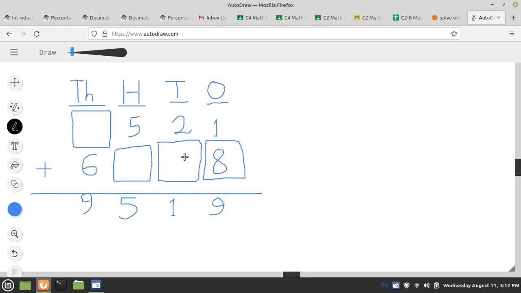Which digit, 0 1 2 3 4 5 6 7 8 9, added with 2 gives you 11? So we know that 2 plus 9 is 11. So write 9 here. So 2 plus 9 is 11. So the 1 of the 11, the ones place, is here, and the 1 in the tens